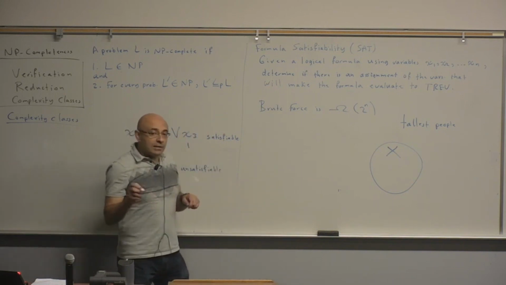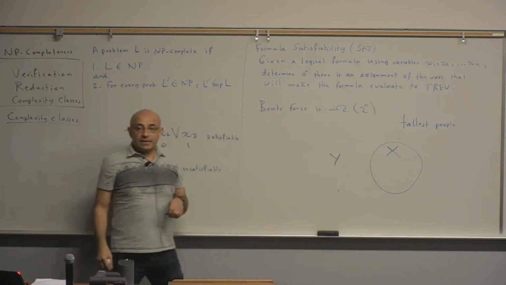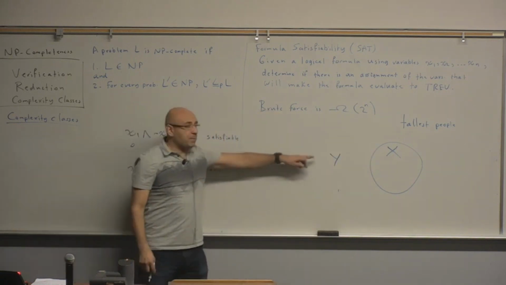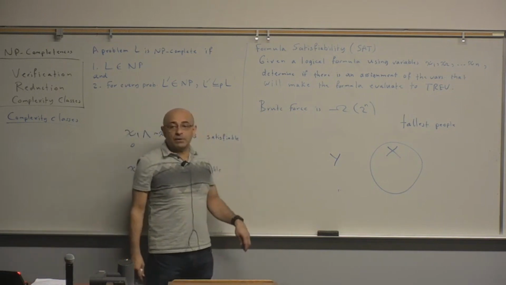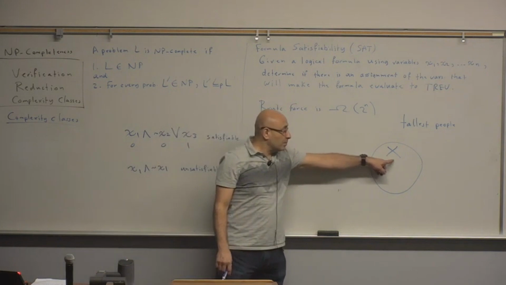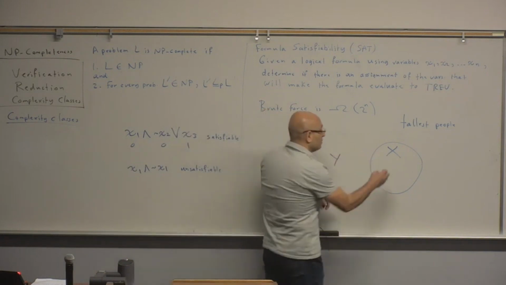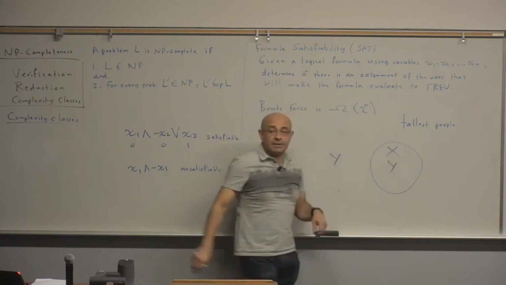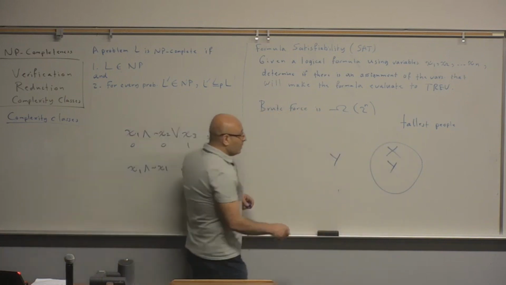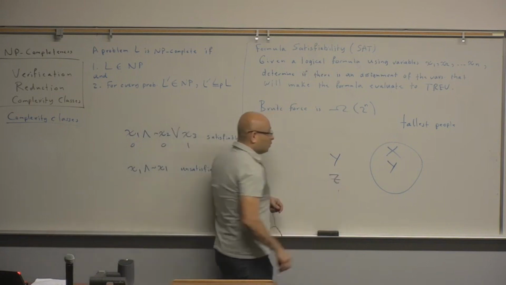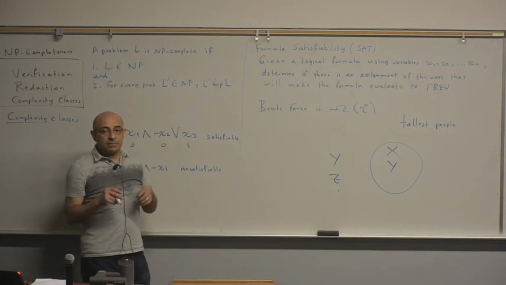then to add person Y to this group, you don't have to compare person Y with 30,000 students or 30,000 people on campus. You just compare him with X. So if he's as tall as X, then you just add him to the group, because X has already been compared with everyone else. And then if you have person Z who claims that he is one of the tallest people on campus,